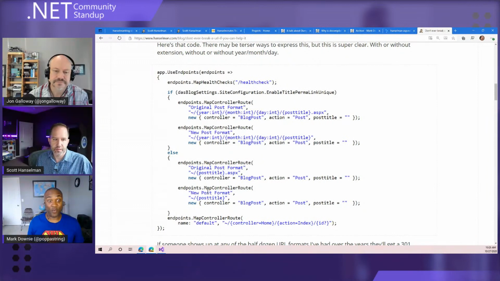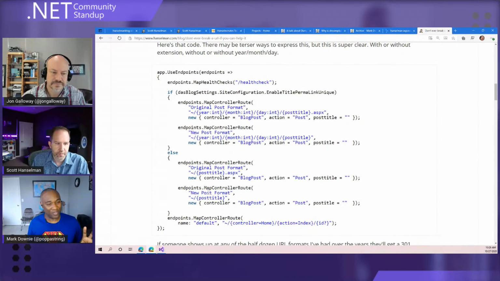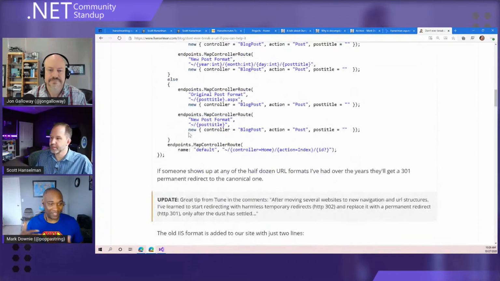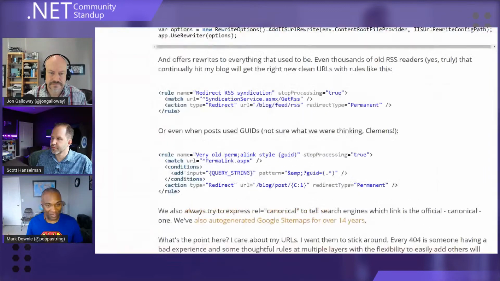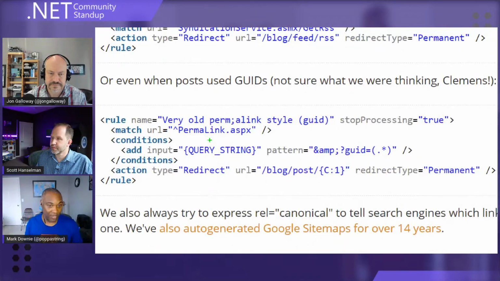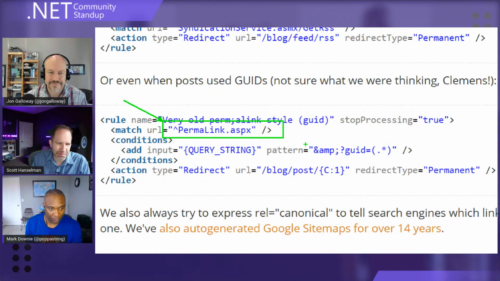And so now if you have other URLs that were really important to you that didn't quite fit the 95% of use cases that I assumed people converting might want, you can go ahead and add your own. Yeah. So there's an incredibly old format that we only had for maybe 2 or 3 years. Did your blog have these in 2005? No. Yeah, so it was permalink.aspx?guid= and then literally we were running around with a GUID. It was just a nightmare.